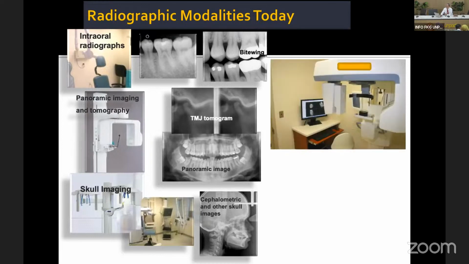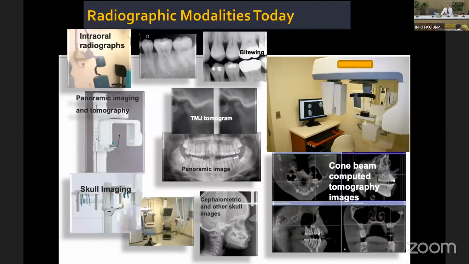But over the past 15 to 20 years, 3D cone beam CT has been widely used in dental practice. I was told that now in Indonesia, many schools and even practitioners also use cone beam CT in treatment planning. So this is a great progress in dental maxillofacial imaging.